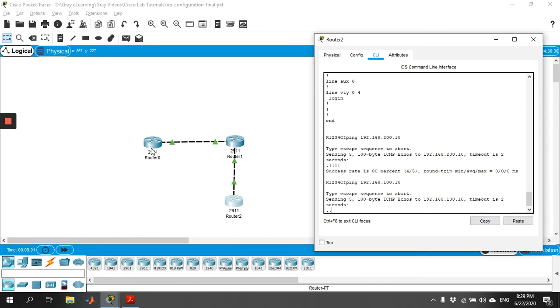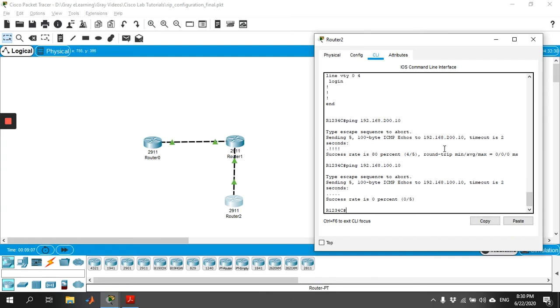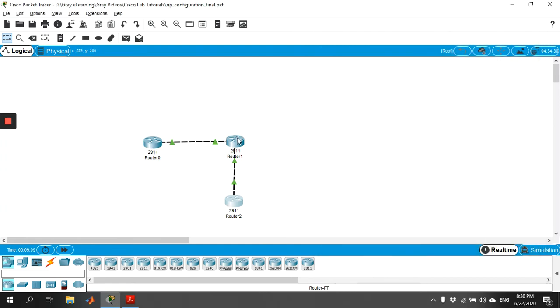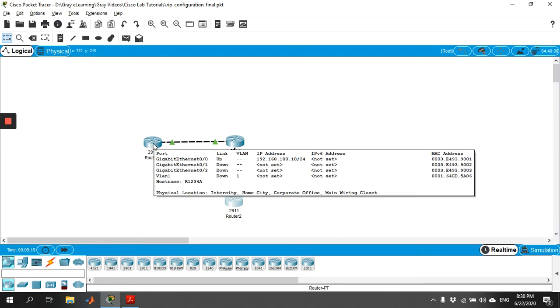So how can we ping in the same way, vice versa? When you try to ping from router 0 to router 2, the success rate will be 0. But if you try to ping from router 1 to router 0 and router 2, it will be able to ping because they're directly connected. Now, if you want to make them able to ping each other, we have to configure the dynamic routing protocol RIP